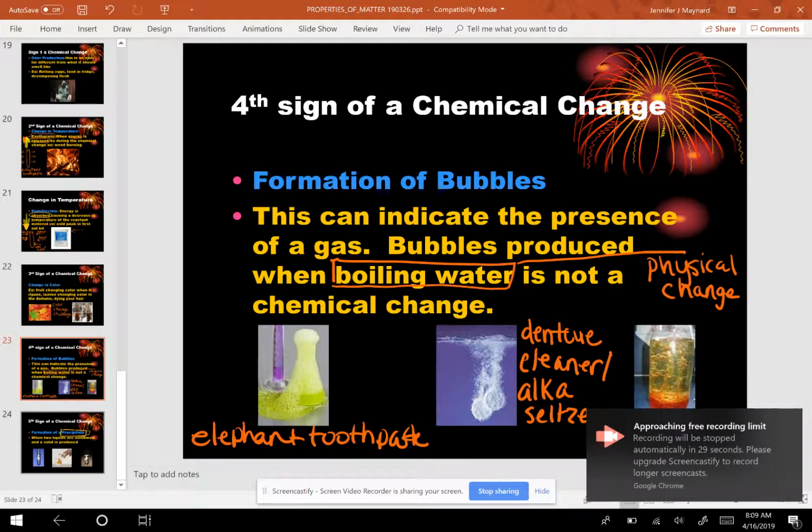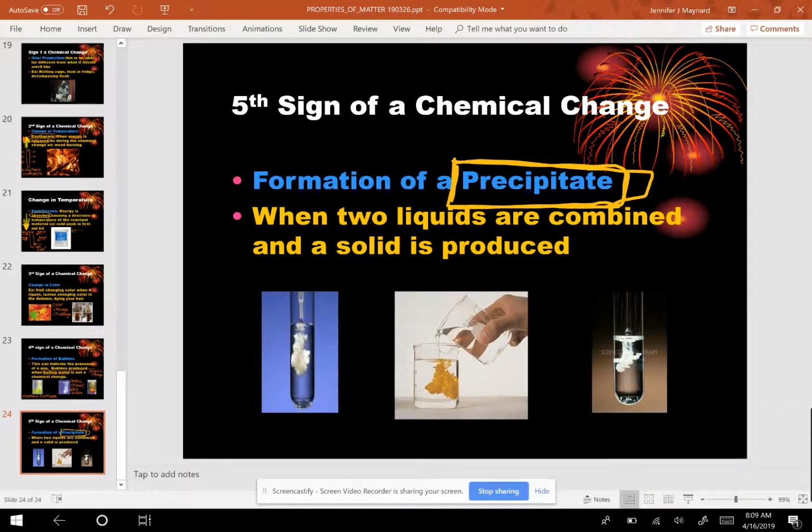And then very quickly, because we're running out of time again, the fifth sign of a chemical change is the formation of a precipitate. That word is called precipitate. That's when two liquids are combined and a solid is produced. This is one of my favorite things, and maybe we'll do some demos, but ooh, solids. Okay, so that's the fifth sign. Make sure that you follow